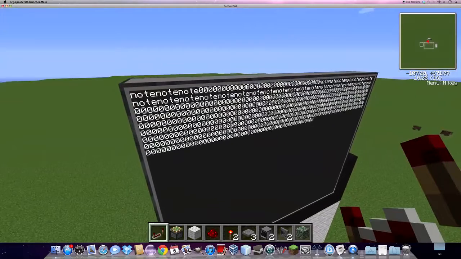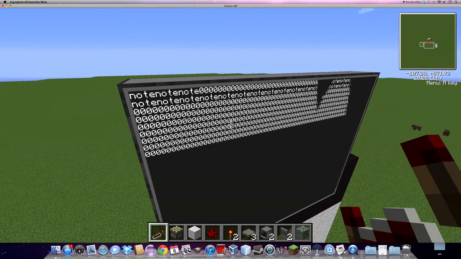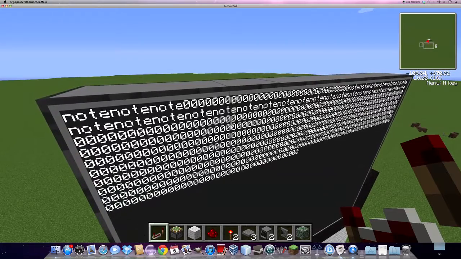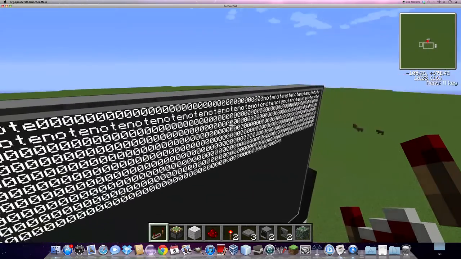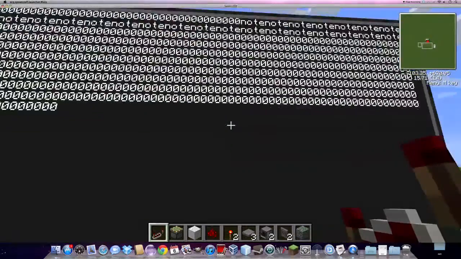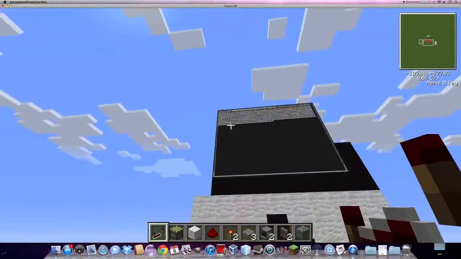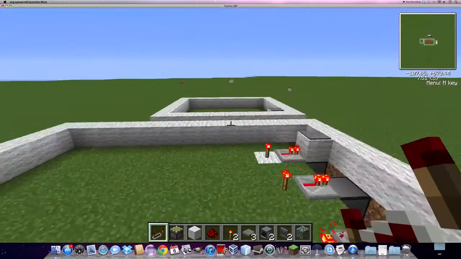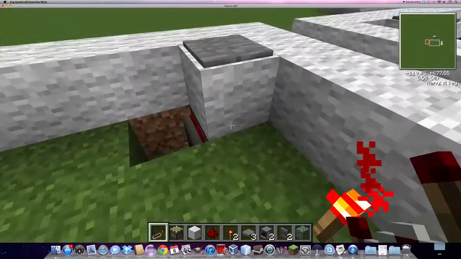Wow, that is really buggy. Well, I don't know what to do for that, but anyways. Yeah, now the iMac looks horrible. But anyways, let's keep it like that for now, and I guess we're just gonna have to